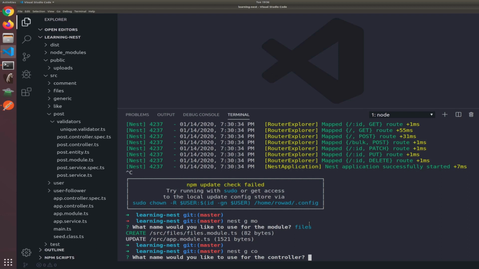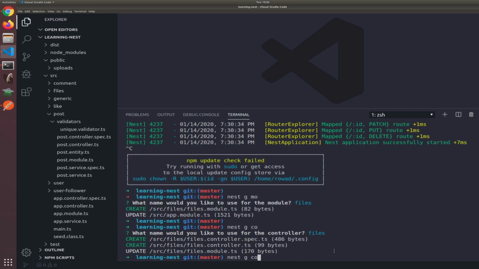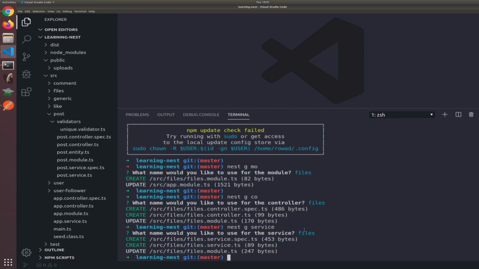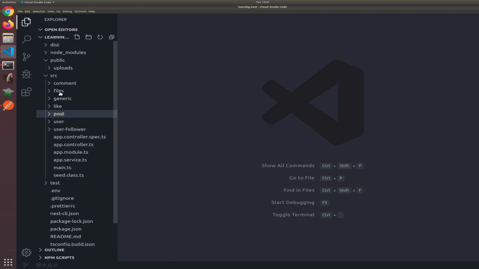Okay, so the name of the controller will be files as well. It's really slow. Another thing is services. So I will generate a service, which will also be named files. We'll just wait until it asks me. So files. And the final thing, which I will do manually, if I go to files, I have to create